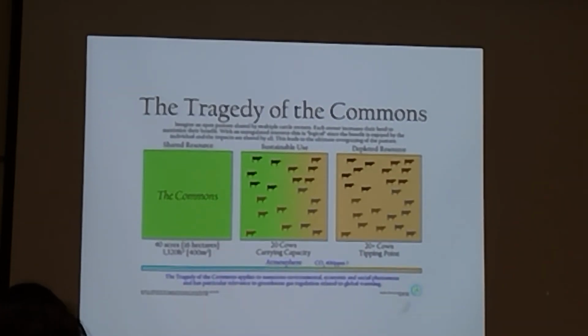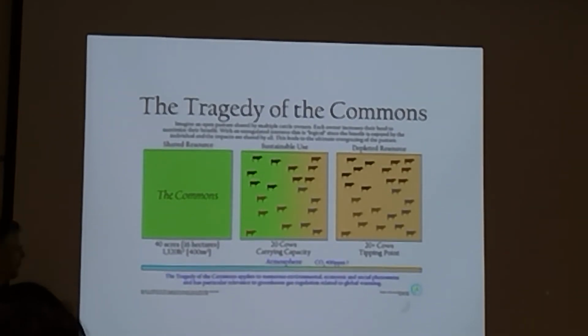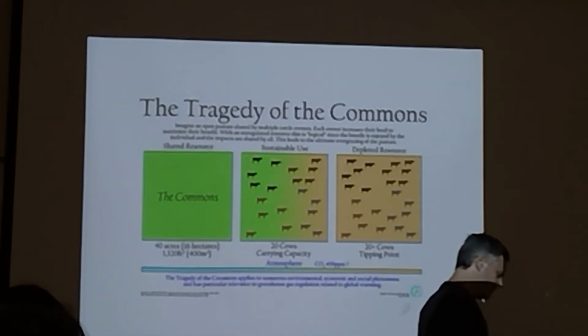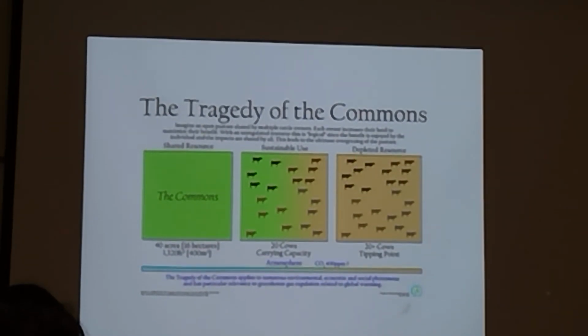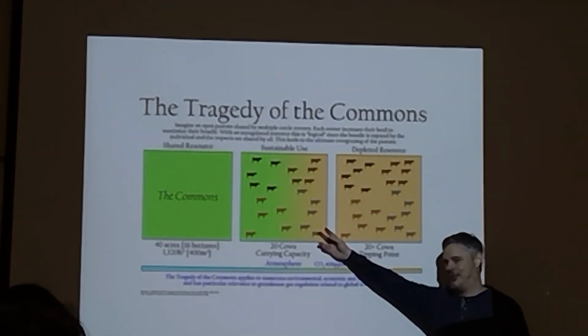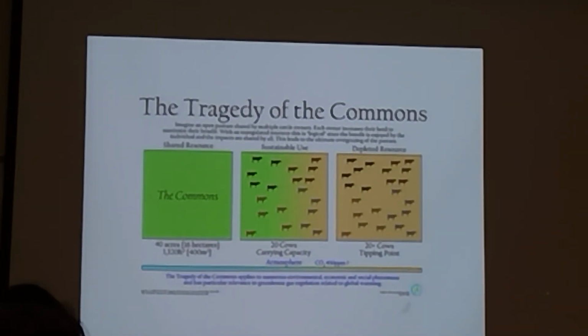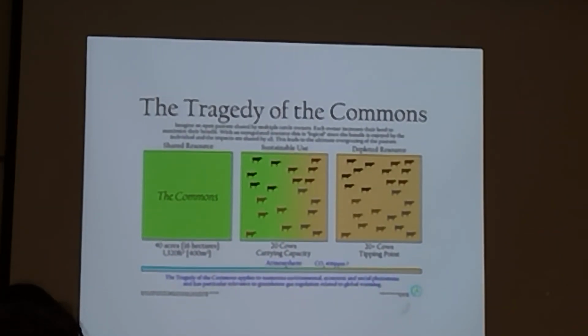if you have 20 people in this village and you can put 20 cows out on the commons, it might occur to you that I need another cow, right? And what's the damage really of putting 21 cows out on the commons? It's just one more cow. And I'll get twice as much milk. Who knows what I can do? I can sell the excess, I can have more kids, farm more land, all kinds of good things can happen